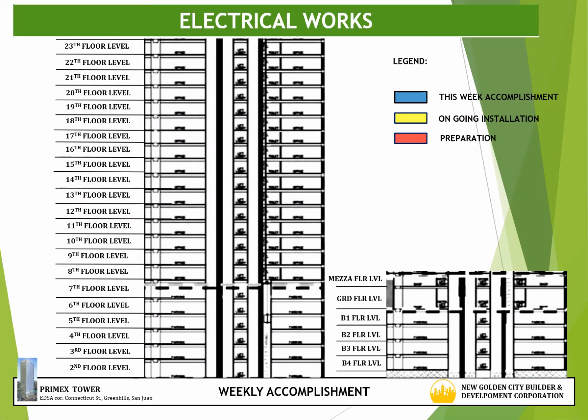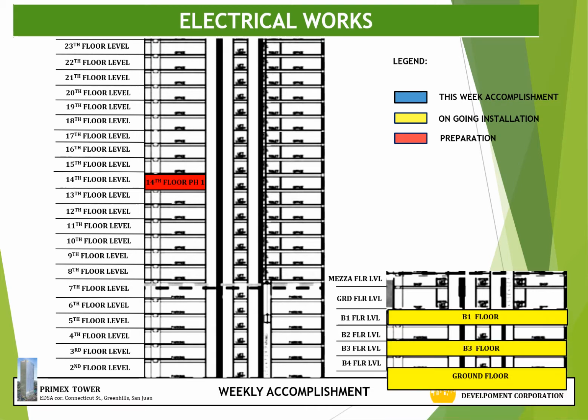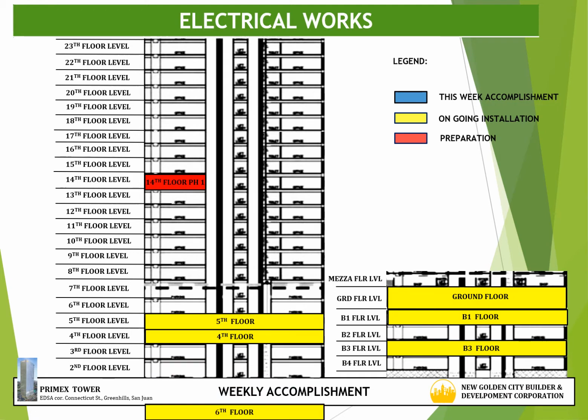Now we proceed to MEPS works. First, for the electrical works, the activities for this week are roughing installation at CHB area. The preparation for next week, highlighted in red, is the 14th floor phase 1. And the ongoing roughing installation is at basement 3, basement 1, ground floor, 4th floor, 5th floor, 6th floor and 7th